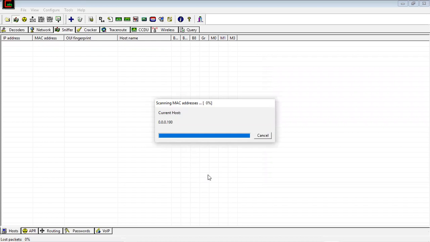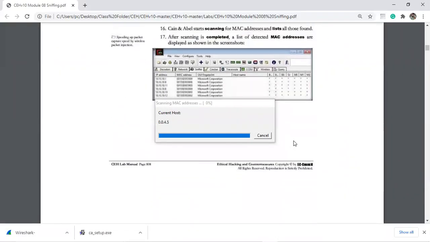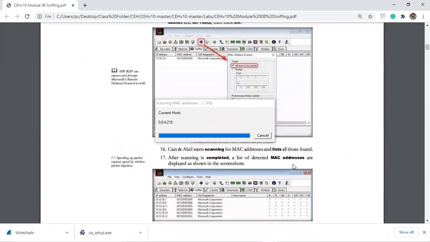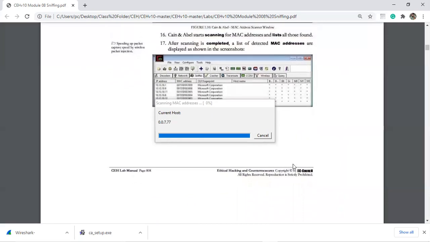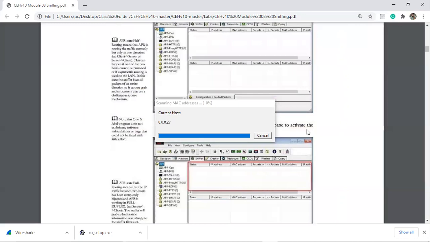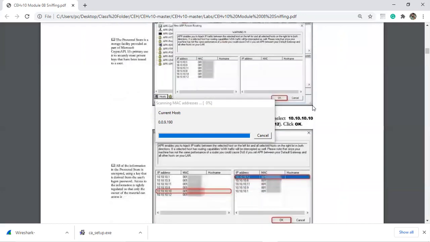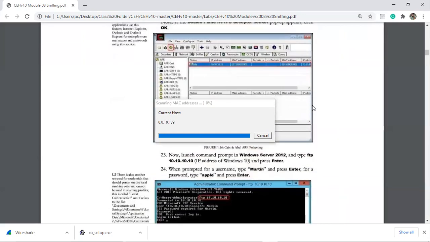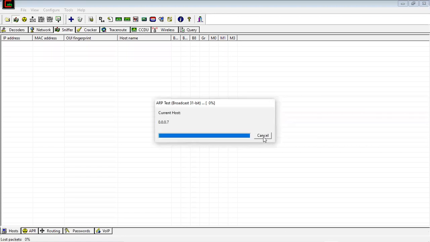It will scan the whole host range from 0.0.0.0 to 255.255.255.255, so it will take a lot of time. Let us cancel this, as you already have a lot.